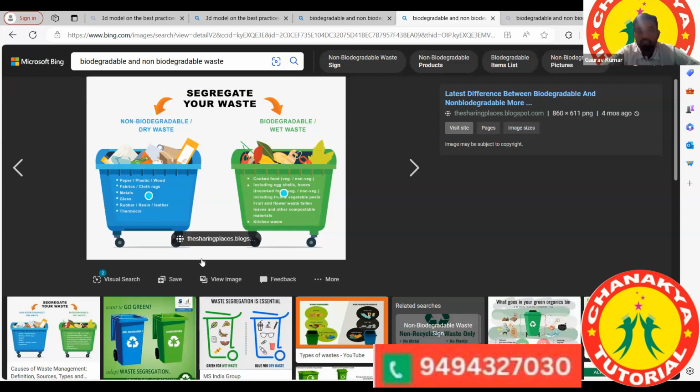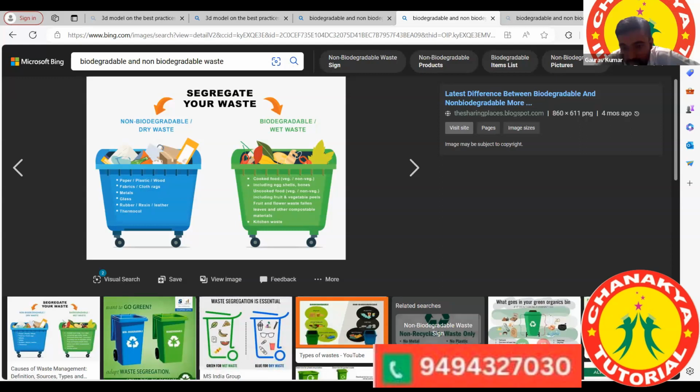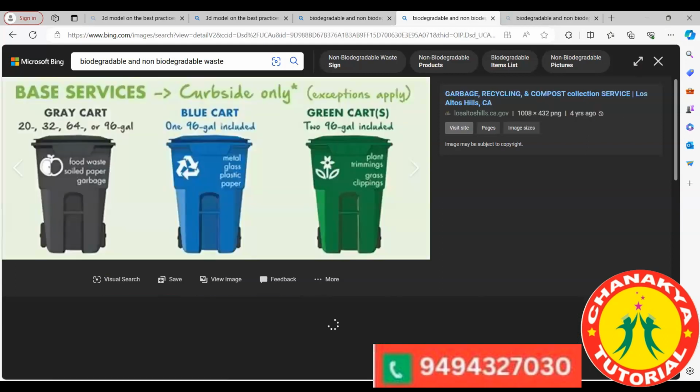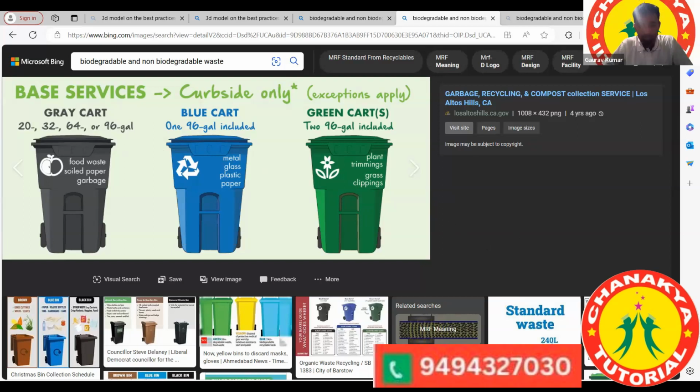Okay, there is one more type of waste. You can mention it. It is a black kind of... this, the third image. The rightmost image. Yeah, this one. Okay, open it. Spoiled paper garbage. Okay, no problem. You search, there is electronic waste also. Okay, sir. So there is biodegradable waste, non-biodegradable waste, and you search for electronic waste. Is it biodegradable or non-biodegradable?